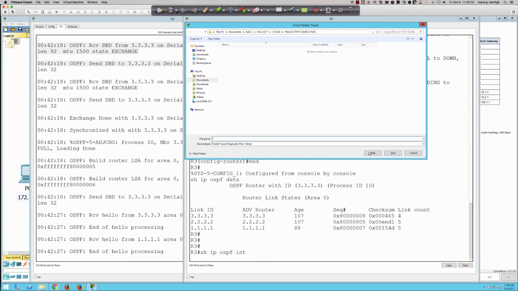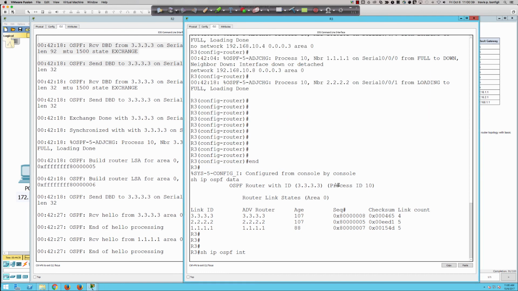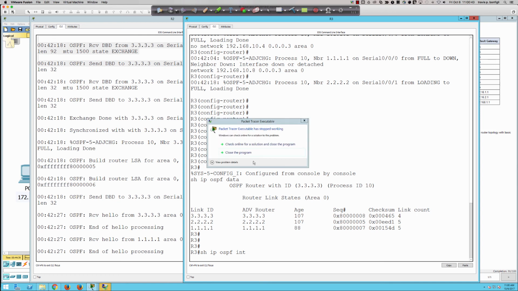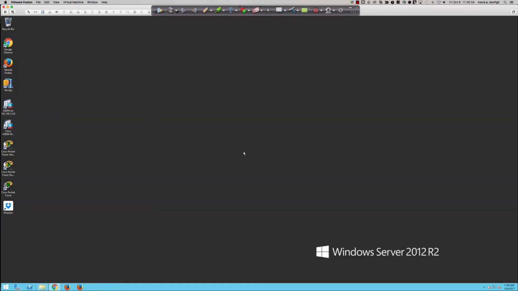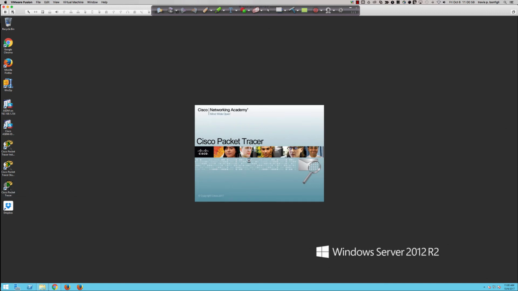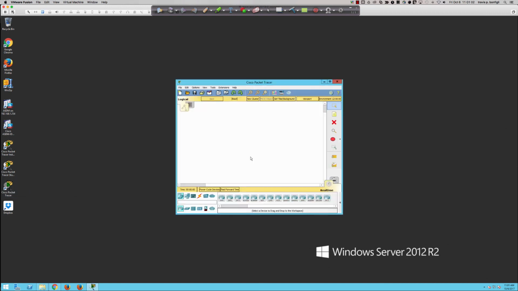And something to do with Firefox possibly. Let's see, it looks like we may get hung up. So if we do get hung up, that's okay. Yeah, it's going to have us close. So we're at 91. The only thing we were missing here was the network statement for the segment between router 1 and router 3. And so it looks like there's been a premature end to the activity here,